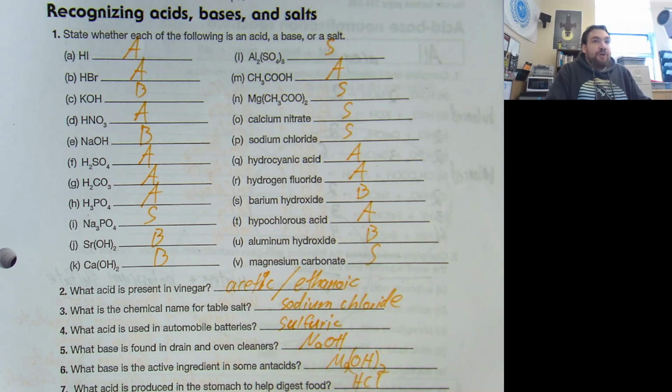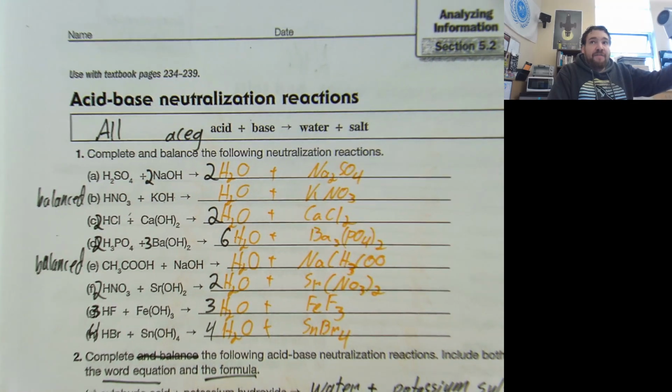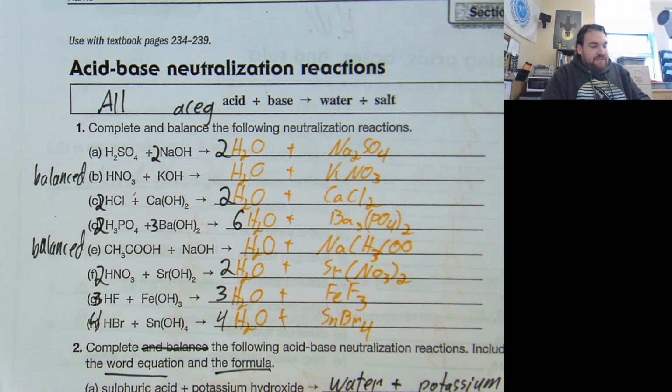The second page is where things got more interesting, because you actually had to finish the formulas and then balance them. So this is the top part of that page. I balanced all of them because I was on a roll and wasn't really paying attention. But I only wanted you to balance A, C, E, and G. For those who did more, I did all of them. They weren't overly difficult to balance, but still a good way to review how you go about balancing. If you got something different than I got, don't assume that you